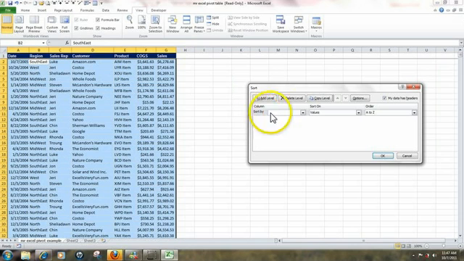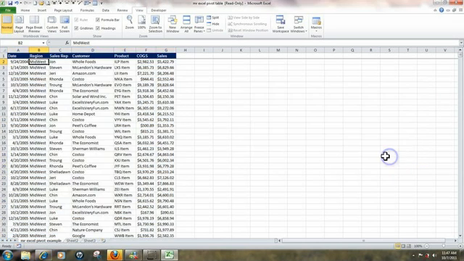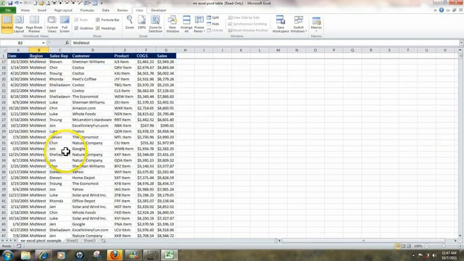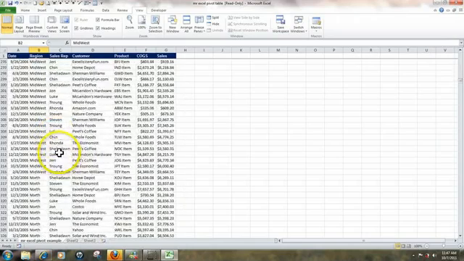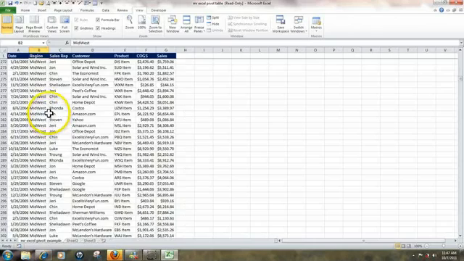We want to sort by, hit the down arrow, and we're going to choose the field by the name of region. I want it to be in ascending order, which is A to Z. So I can now hit OK. As we can see, it's now been sorted. Midwest, North,